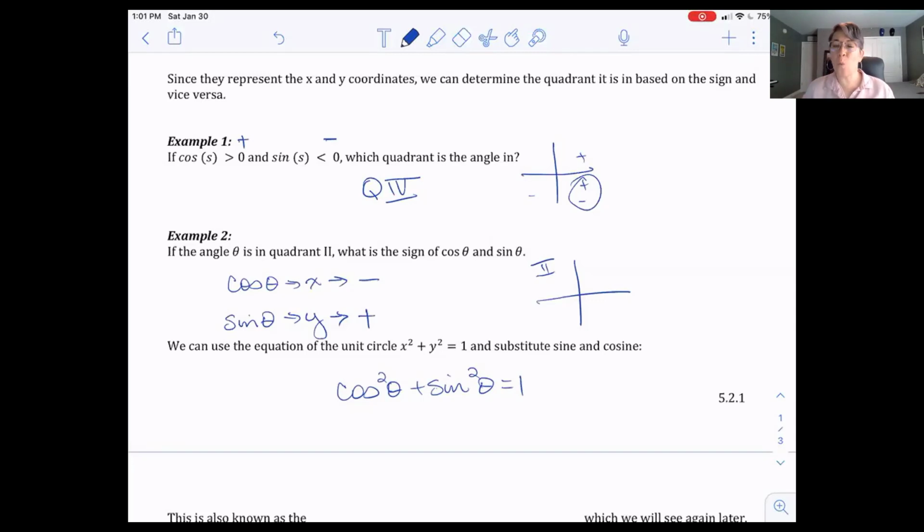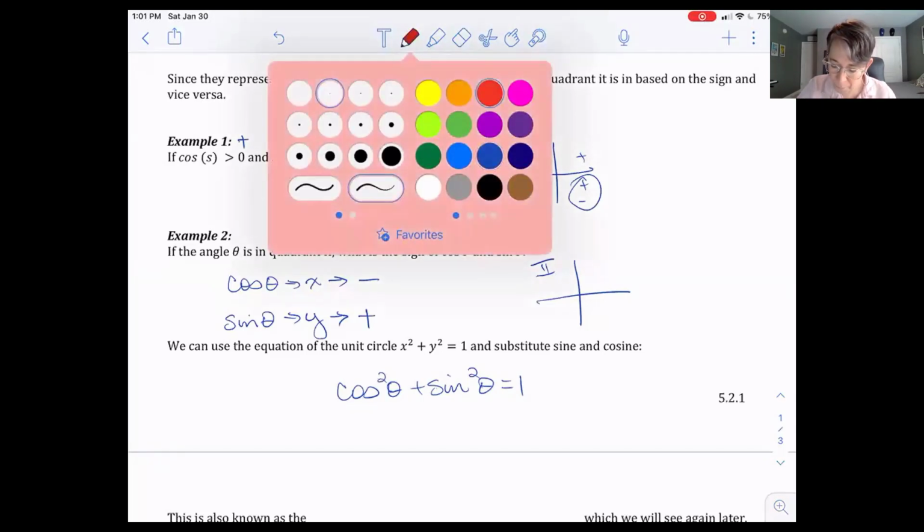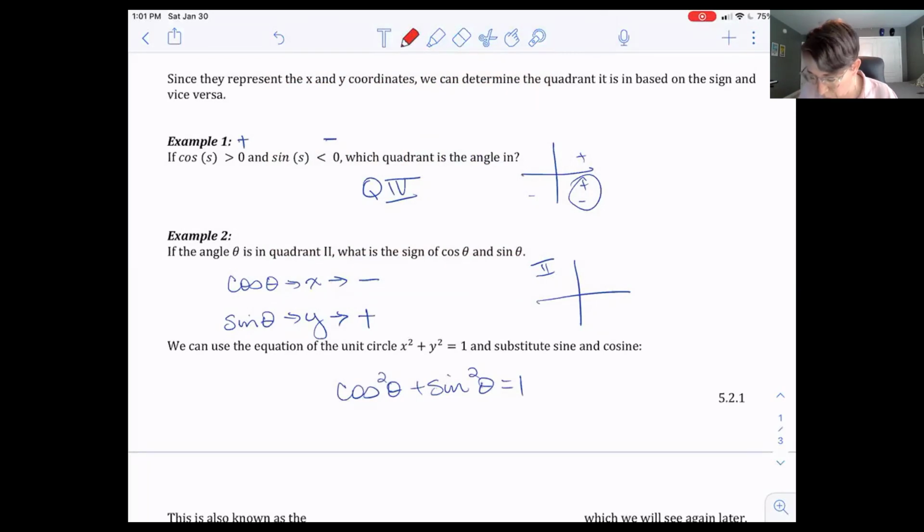Now, you may be wondering why I put that square there. So let's make a little bit of a note over here. Whenever you have a trig function like cosine theta, you don't want to put the squared on the outside because it kind of looks like, well, is that theta squared or is it the whole function squared? So instead of putting everything in parentheses, they just say we are squaring that function value at that single theta. So just make a note that when you're squaring a function, you put it in between the function and the